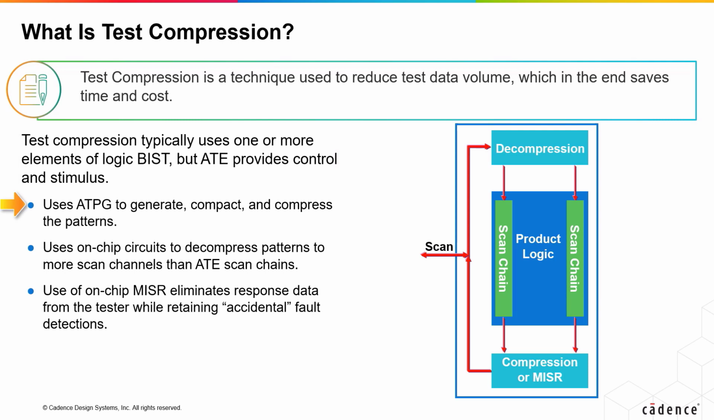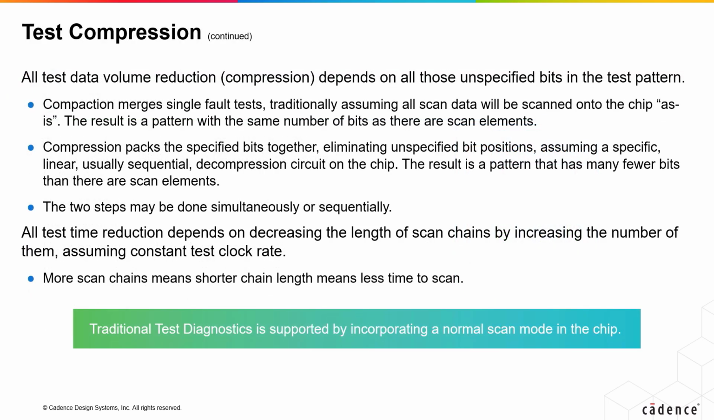ATPG generates the tests for each fault as normal, and the compaction program creates the compressed test patterns. Fault simulation simulates the decompression circuits, marks off detected faults, and adds the compressed response data. The goal of test compression is to reduce the data volume and test time to a few percent of the original, without compression. The ability to compress test data depends on all those unspecified bits in the typical ATPG test